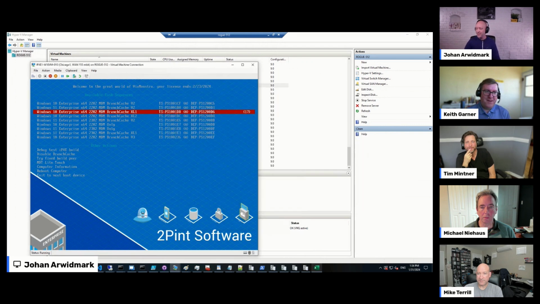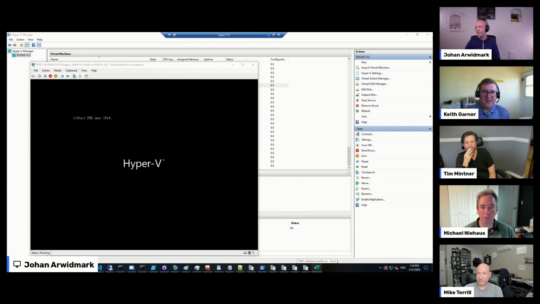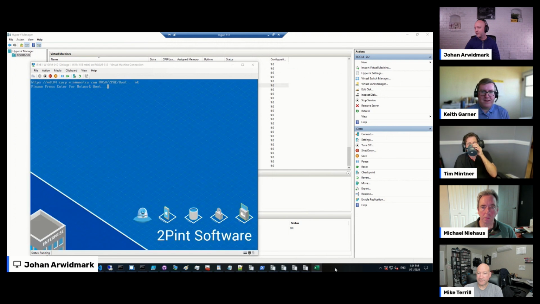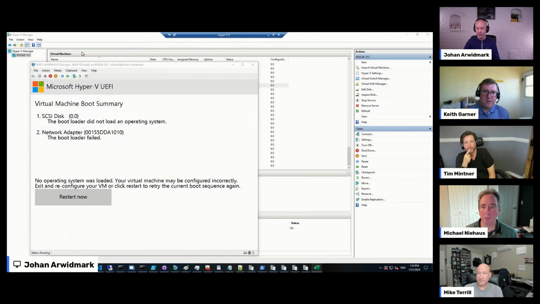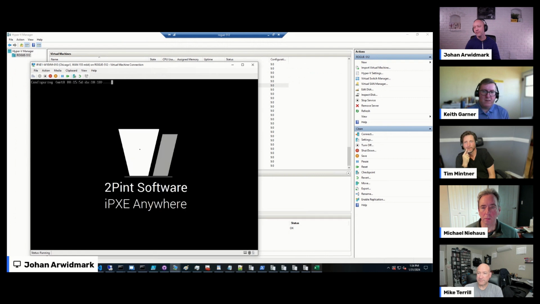Liverpool is a little bit slower, has a bit of latency to it. See if I can snatch the screen just when it starts. Here we are. It's connecting to an HTTPS web server, and it's asking me to press a key to PXE boot. Now, because I froze the screen, I missed the press enter thing, so I will have to do it one more time, but I wanted to show you how it looked. So we're going to restart this again, and this time I will press enter. Wait patiently.